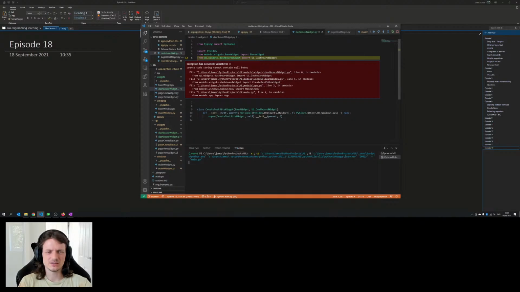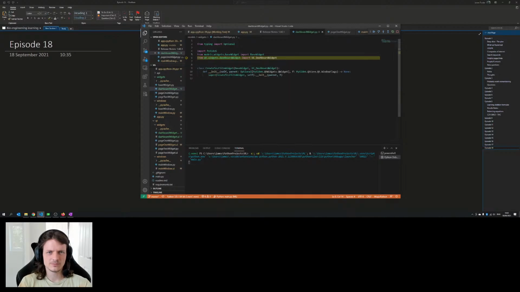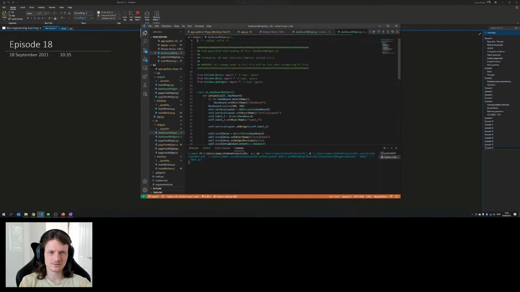Let's see. Model Windows main window. Source code string cannot contain null bytes. Okay. Dashboard widget. UI dashboard. Oh, I know what it is.